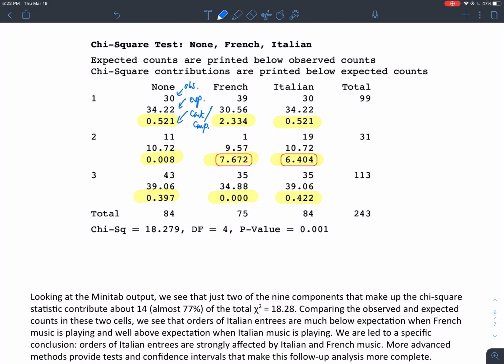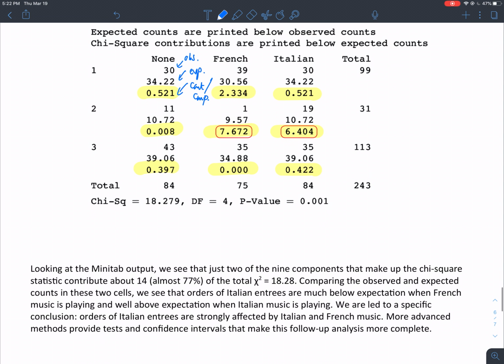Those are the things that are having the most influence on the chi-square statistic, and those are the things that likely have the biggest difference between observed and expected. So those are the things I have to do more investigation in, okay? And so this is a huge contributor. The whole chi-square statistic is 18, and those two combined are 14, okay? So 14 of the 18 points towards the chi-square statistic are those two